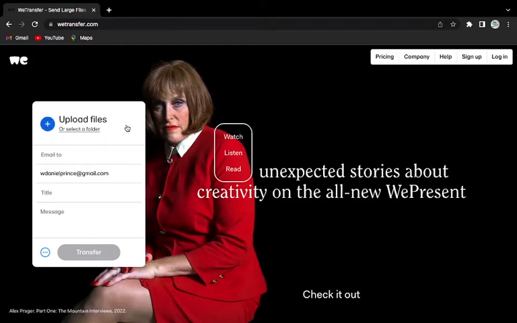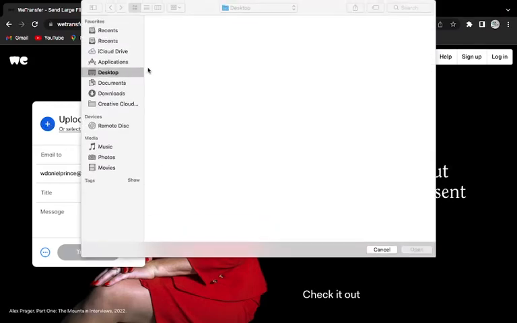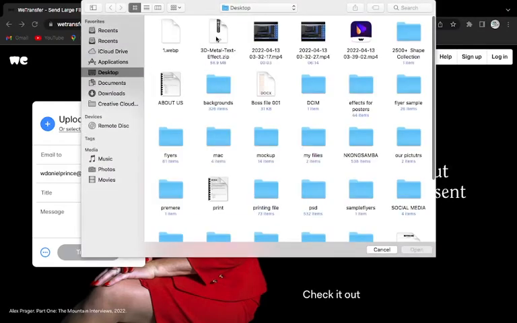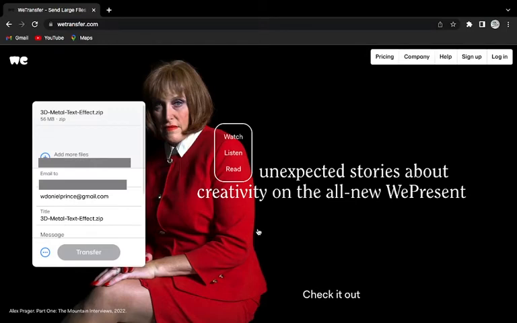This is the most technical part. When you reach here, the first thing to do is to select what you want to send. Click on this plus icon here and go to what you want to send. Remember, I want to send this 3D metal text effect. So you click on open. Then I see this 56 MB, and this cannot go through WhatsApp, neither can it go through Gmail or